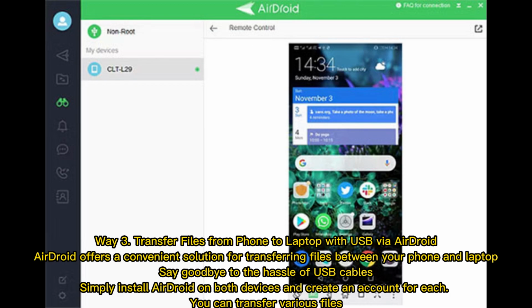Way 3. Transfer files from phone to laptop with USB via AirDroid. AirDroid offers a convenient solution for transferring files between your phone and laptop. Say goodbye to the hassle of USB cables. Simply install AirDroid on both devices and create an account for each. You can transfer various files,